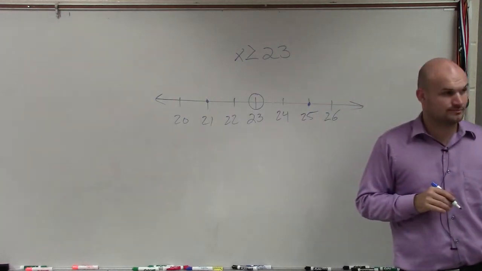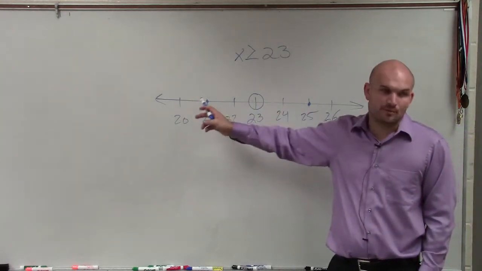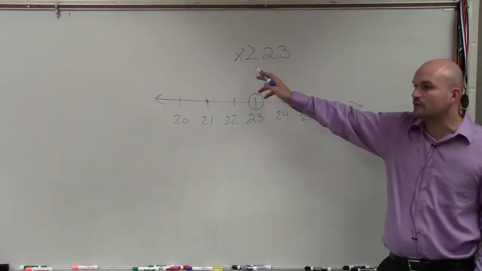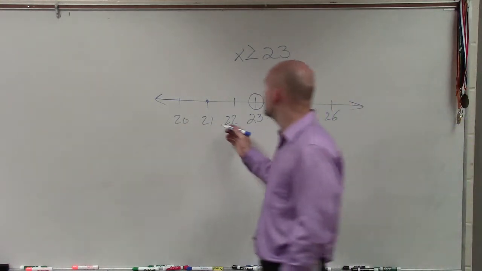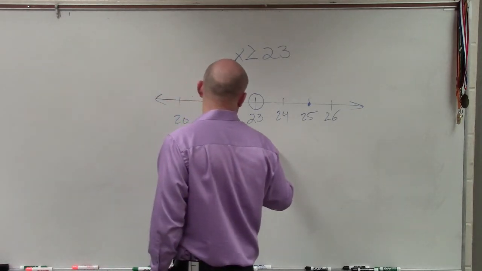Now, what we're going to do is we have selected 3 points, which we're going to call test points. For each of these values, we're going to plug in for x and determine if they're true or false. So I say 21 is greater than or equal to 23. 23 is greater